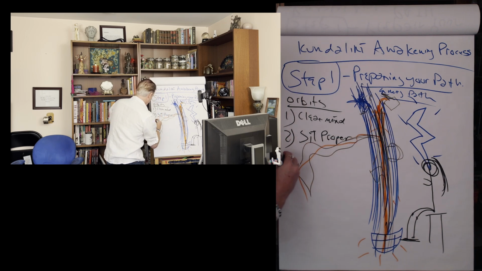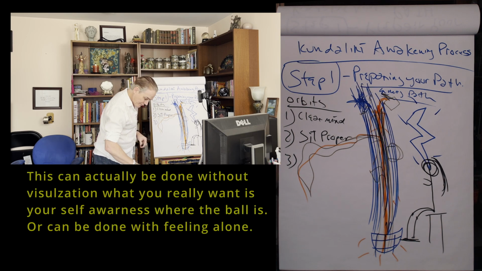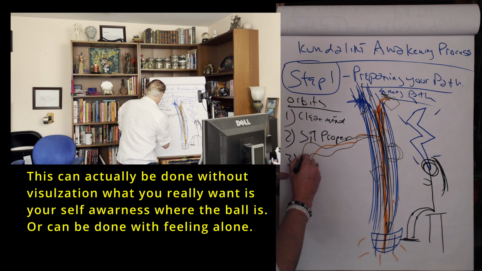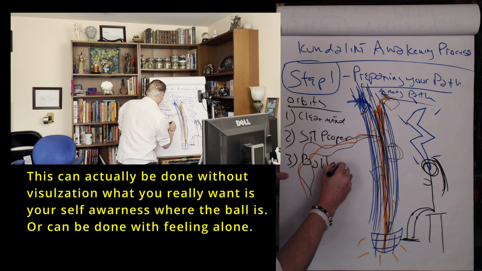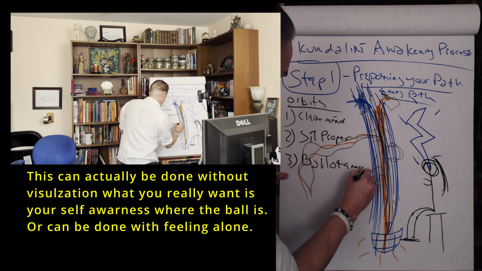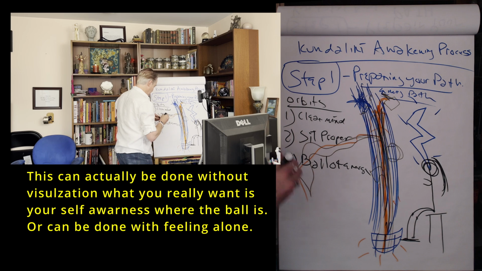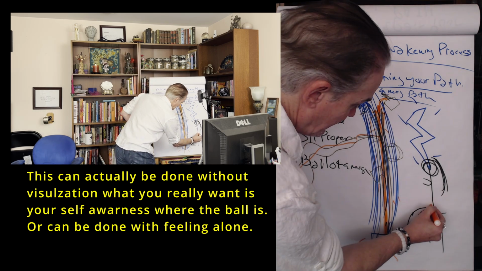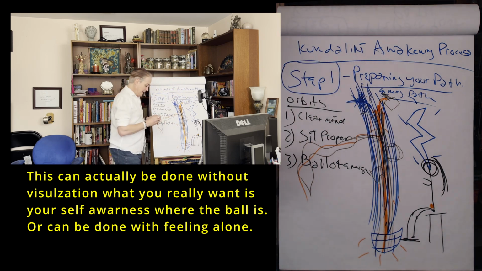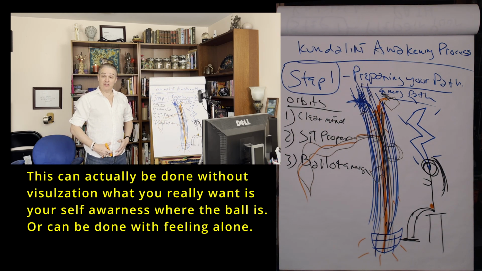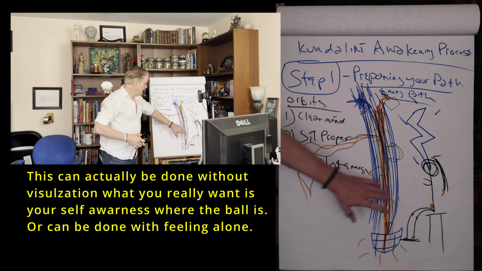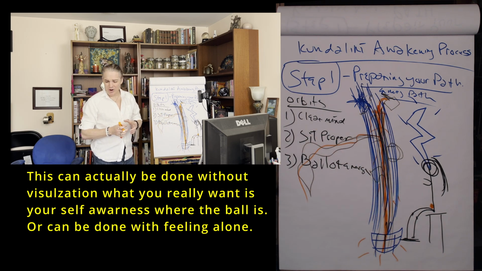Proper position, right? Step three is visualize a ball of energy. Right now, this is regular energy. This is not your Kundalini energy. Okay? And you want to visualize a ball of energy right there in your womb space. And for guys, it's right above your parts below your belly button. It's right here, if you can see it in the video, in the front, in the center. Make a white ball, about the size of a golf ball or so.